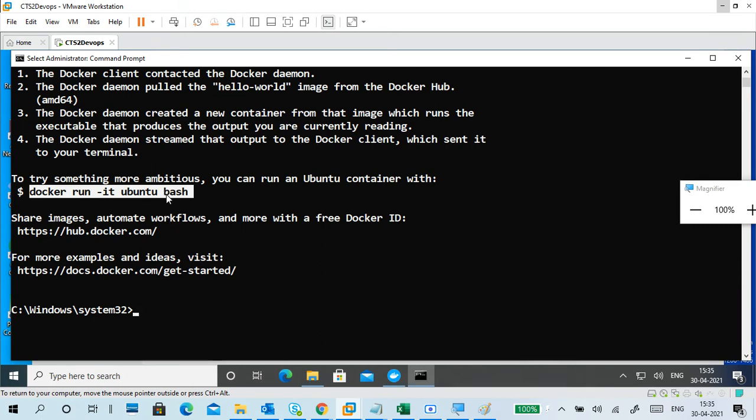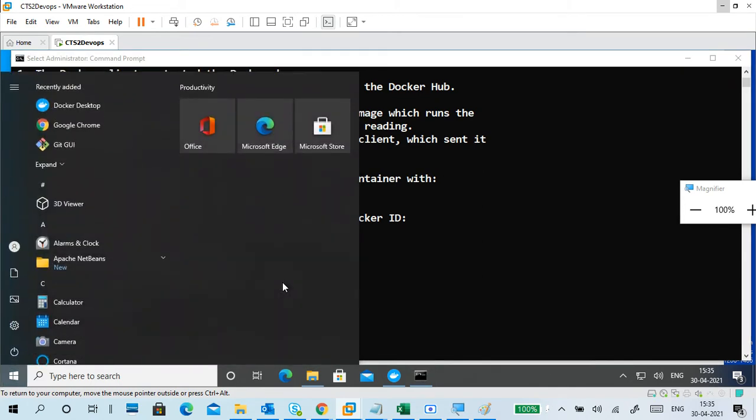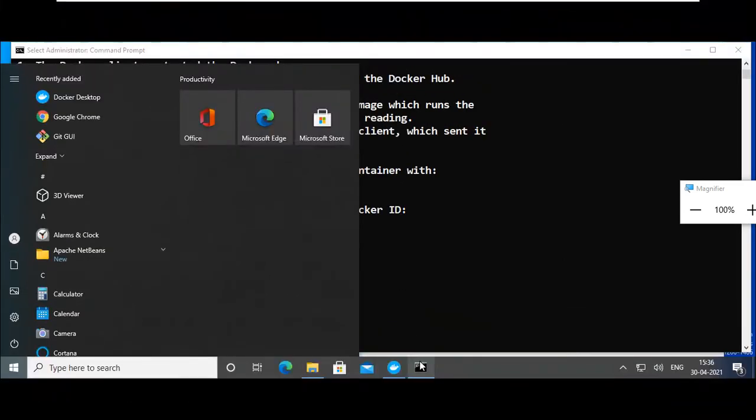You do nothing. You can see it is also suggesting docker run -it ubuntu bash. Now what I will do, I'm going to CMD again. I'll open a lot of CMDs, so don't worry.